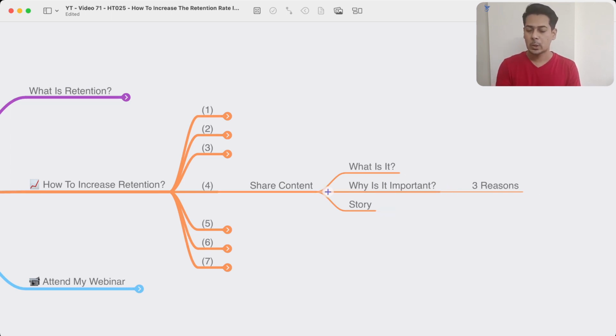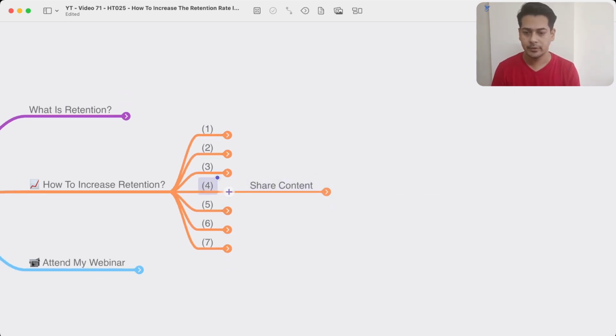When you divide your content in an organized manner like this, people know, okay, this is the first point. Now I've understood what this particular thing is. Now I know why it is important, and I also know someone who had the same difficulty and, following the system or the three reasons, three secrets, was able to overcome it. So when you simplify, people stay with you for long.